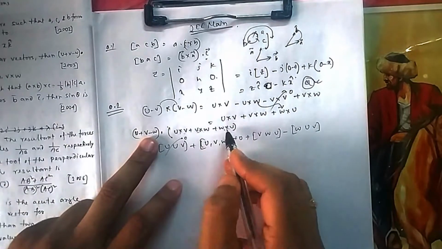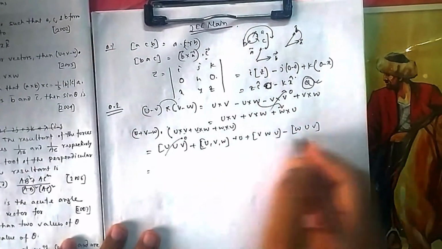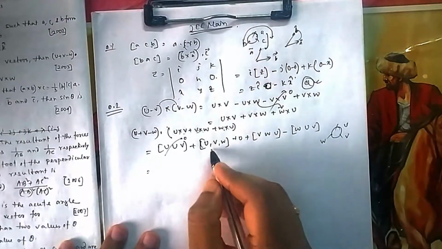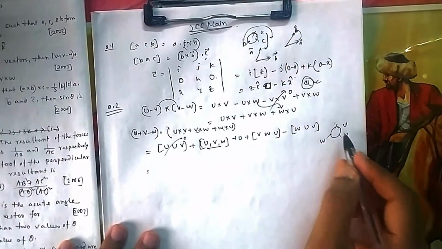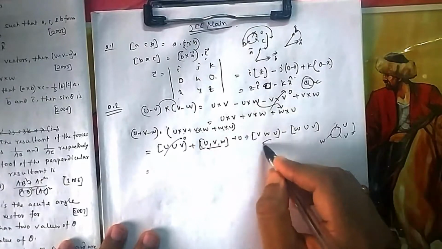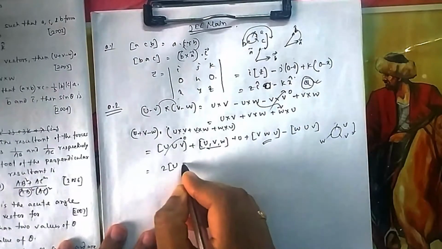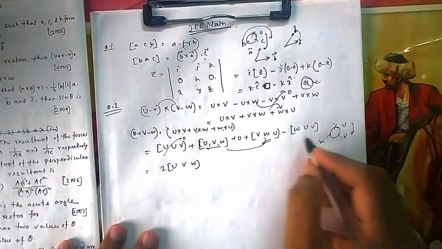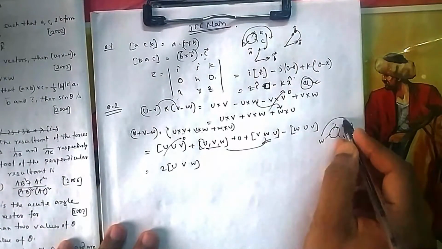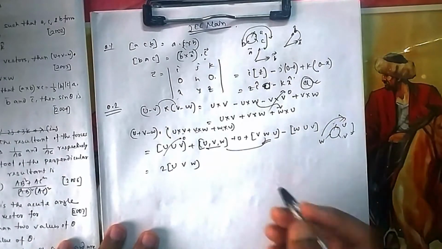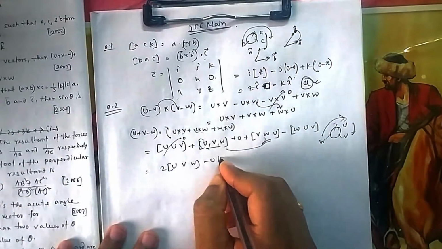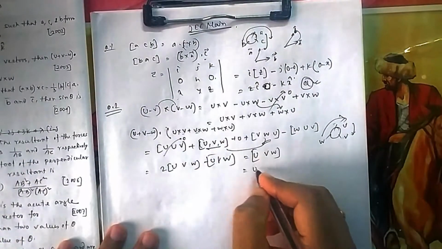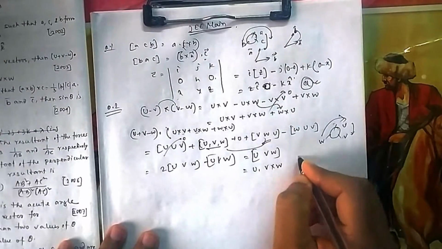WVW will be 0, WWU will be 0. So ultimately you are left with this. So you see UVW, and this is VWU, so the same order. So this is also the same. So 2 UVW is the same, because order is maintained. Now next, UVWUV is also the same in the clockwise direction. So this is also UVW. So ultimately it will be UVW, that is U dot V cross W, which is your option B.